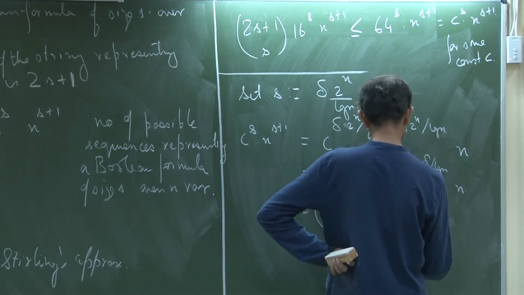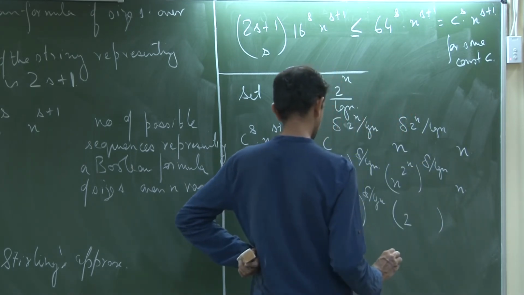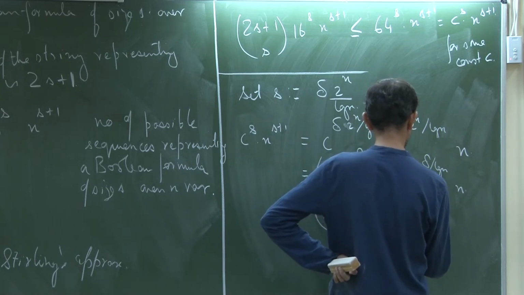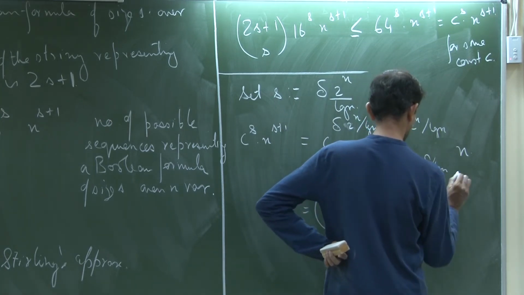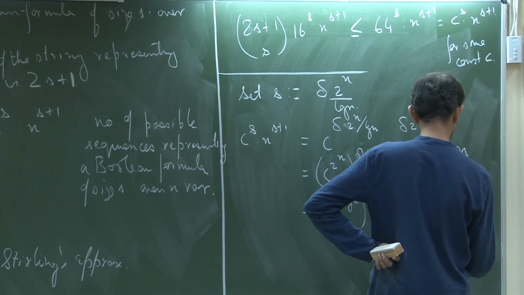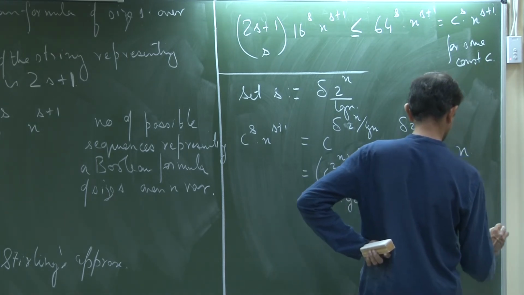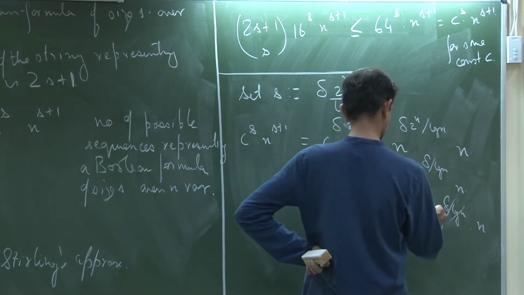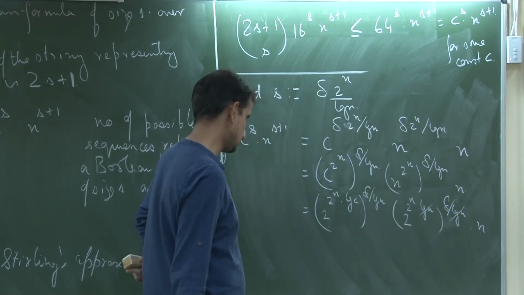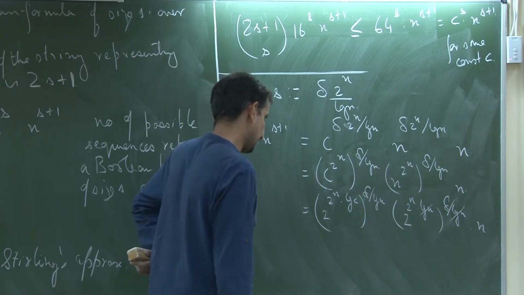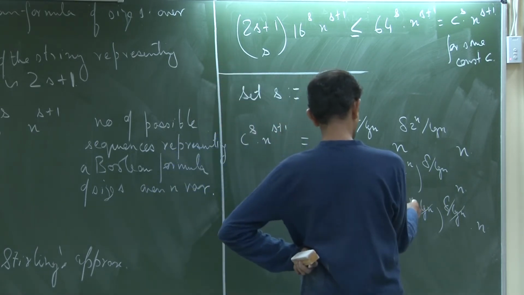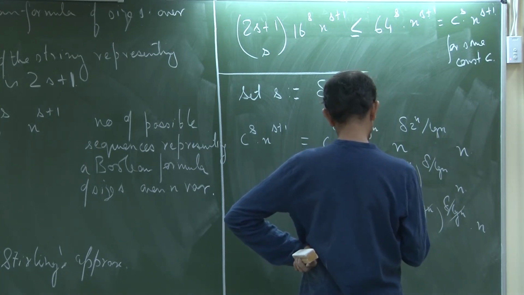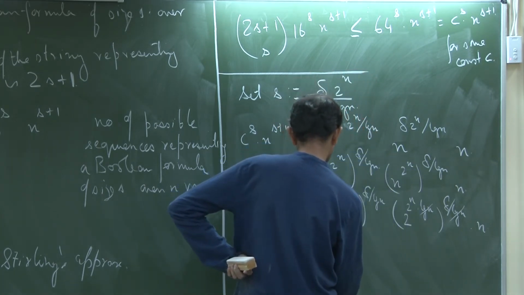So, this would be 2 to the power into log n delta by log n times n. Okay. So, this log n and log n cancels out. So, what we have is 2 to the power 2 to the power n whole to the power delta, and here we have